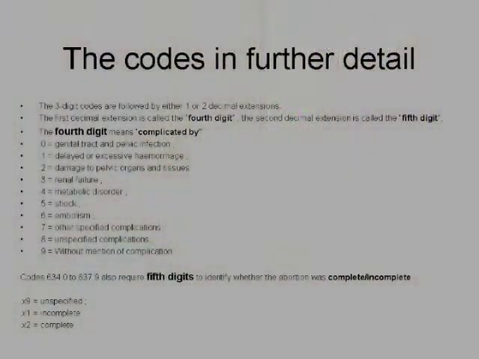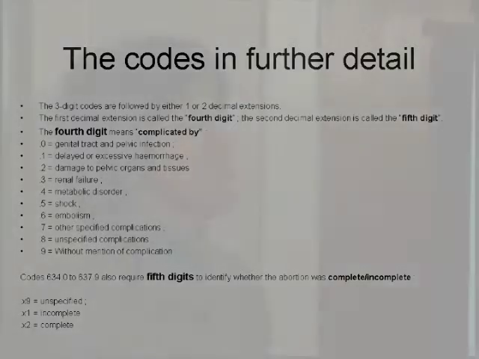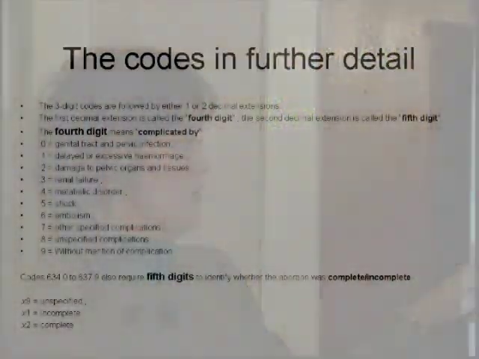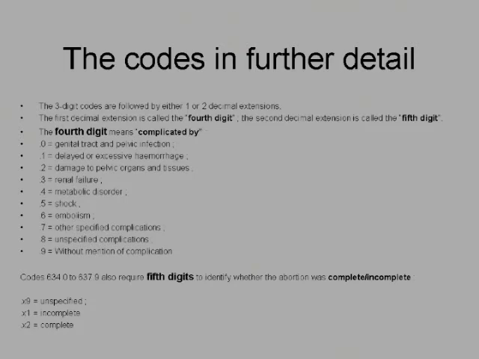Now, the codes in further detail: the 3-digit codes that we just saw are followed by either 1 or 2 decimal extensions. The first decimal extension is called the 4th digit of the number, and the second decimal extension is called the 5th digit. The 4th digit means complicated by, and then you can have 0.0, that would be the first digit 0, or 4th digit of the number, complicated by a genital tract and pelvic infection,